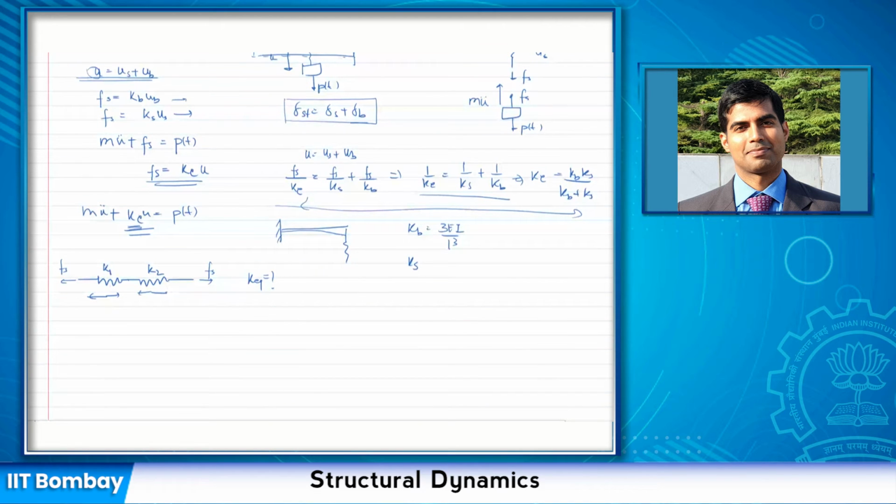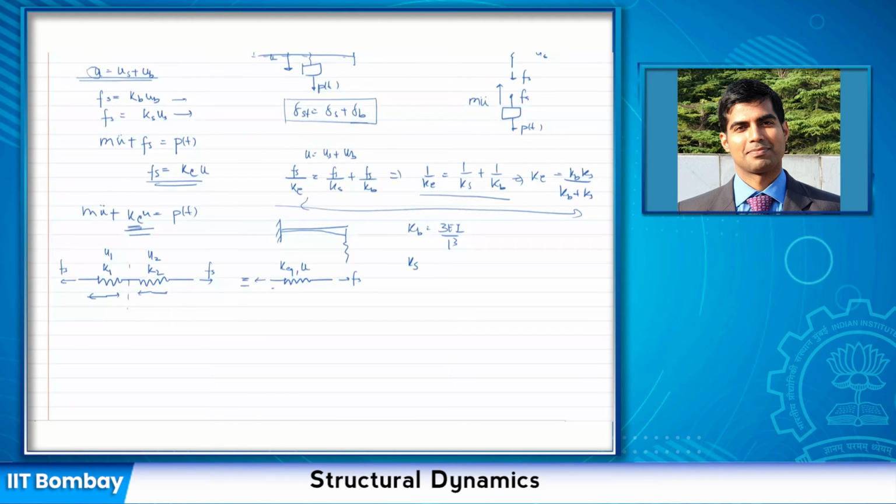Can you tell me, if force Fs is being applied at the two ends of this arrangement K1 and K2, what is the force that is being applied on the spring K1 and K2? Fs. Same force, right? Same force is being transmitted to K1 and K2, correct? So can I write, if the deformation in K1 is U1 and the deformation in K2 is U2 due to this force Fs, and if I'm representing it through another spring, which is something like this, so that it has K equivalent and the total displacement as U, and of course the force is same.